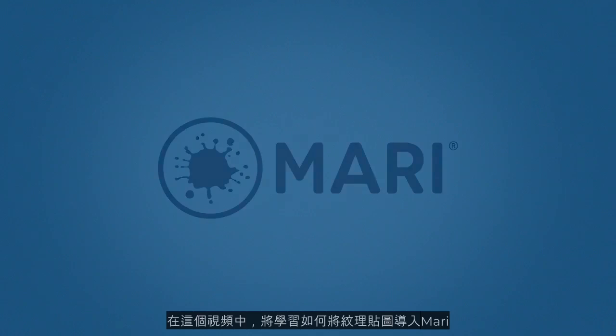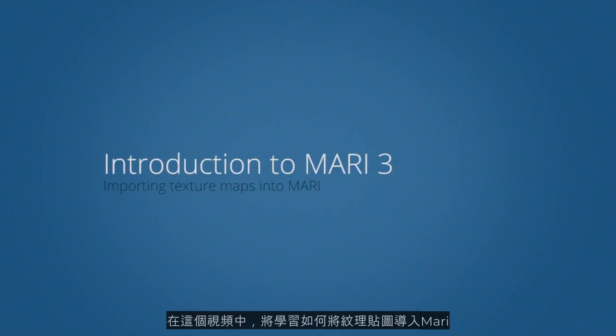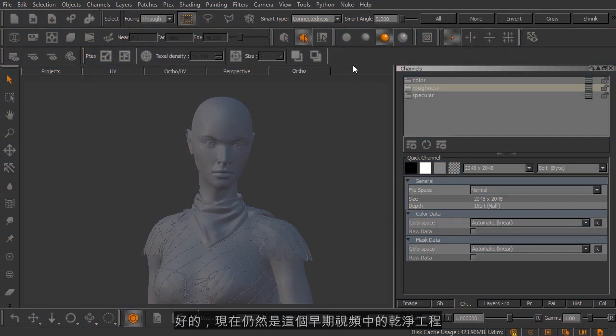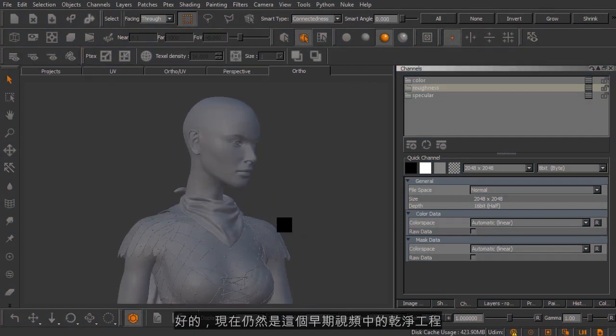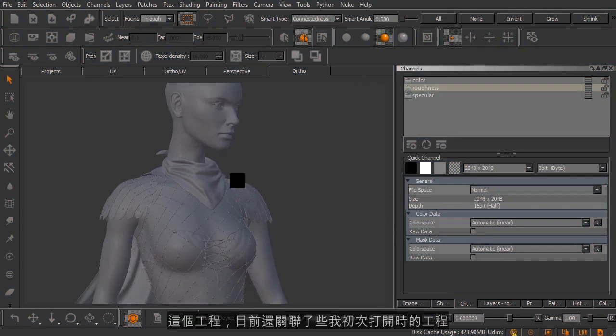In this video, we'll learn how to import texture maps into Mari. Okay, so I'm still working with this fresh project that we created in an earlier video. Now, this project, as it sits right now, is reminiscent of many projects when I first start them. And there's a few things that I like to do just to sort of ramp up and get ready to